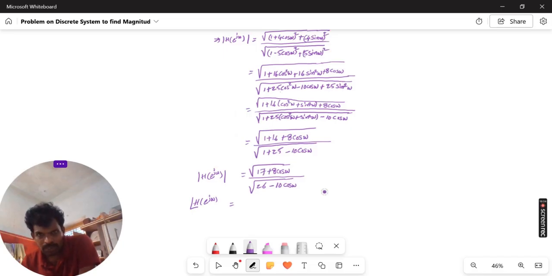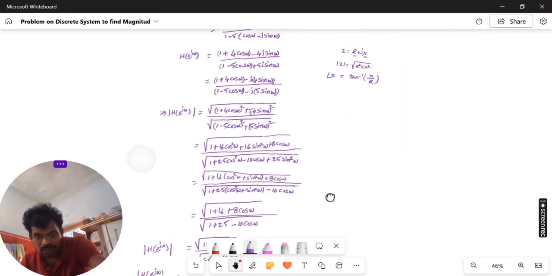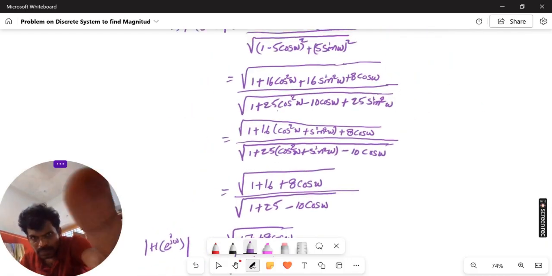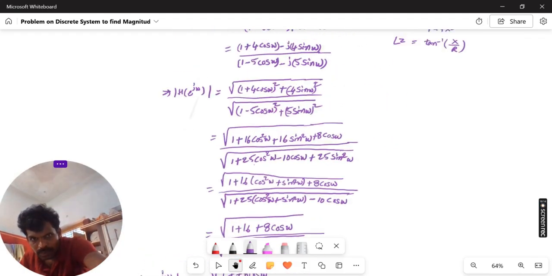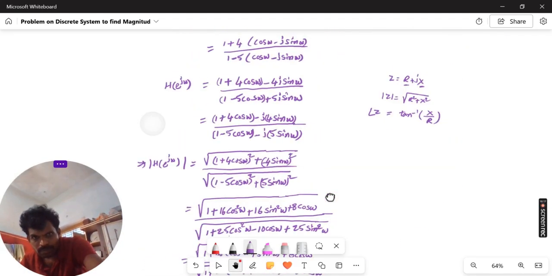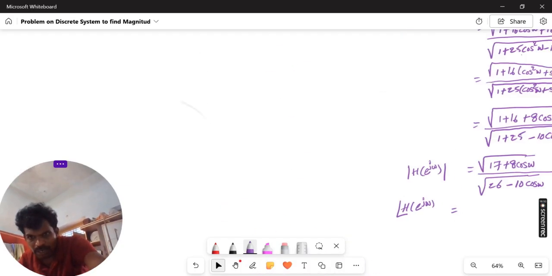So in the denominator we have the imaginary value as well as the real value. Here, this one is a real value and this one is imaginary value, and here also this one is a real value and this one is imaginary value. Okay, so according to that,